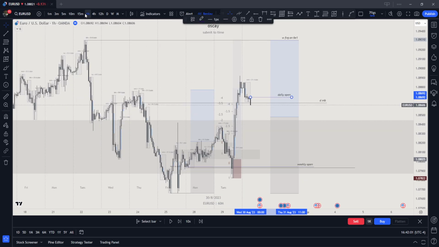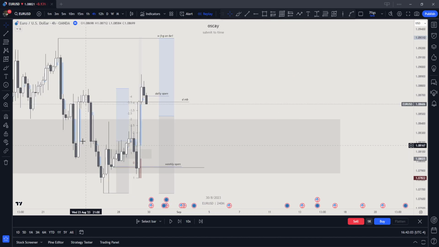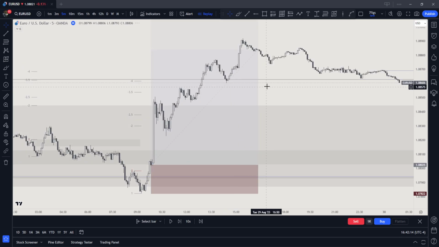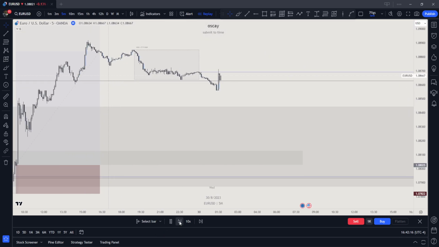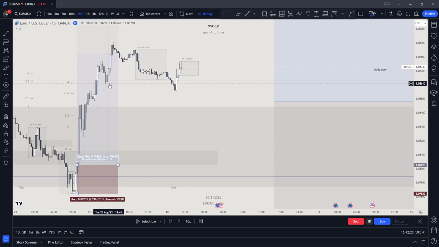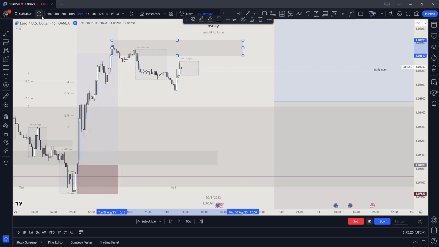Daily open right here. Go to the H4. This is a breaker pattern on the H4. Low, displaces. I want to see immediate feedback that we are at the right side of the market. High, low. Okay, this is the low, high, low, low. Okay, this is where we need to close above.